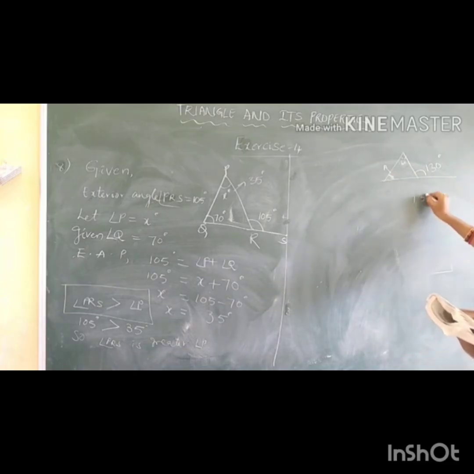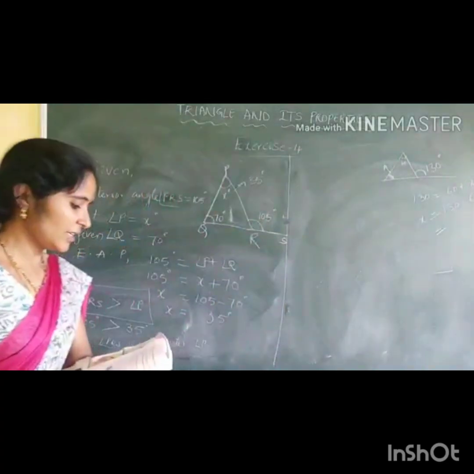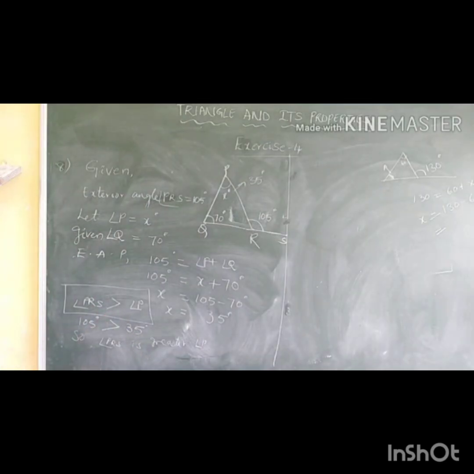So 130 is equal to 60 plus x. So x is equal to 130 minus 60. Then you can get the other opposite interior angle. Okay children, that is the 9th sum. Now coming to the 10th question, again they gave one of the exterior angles of a